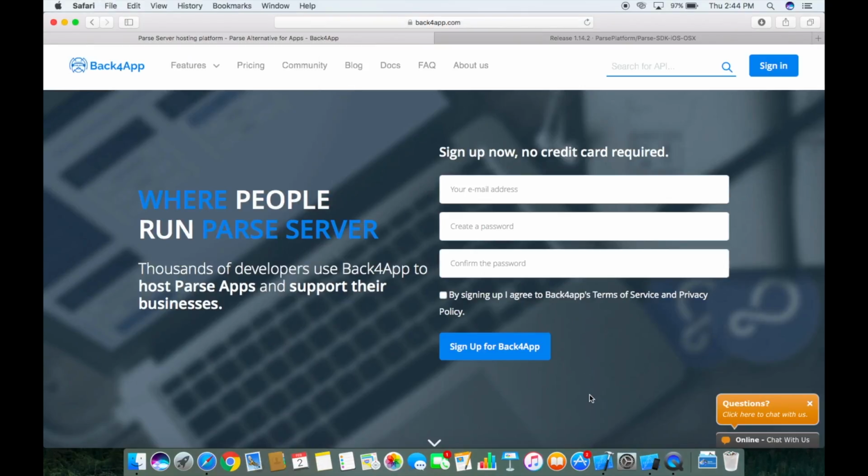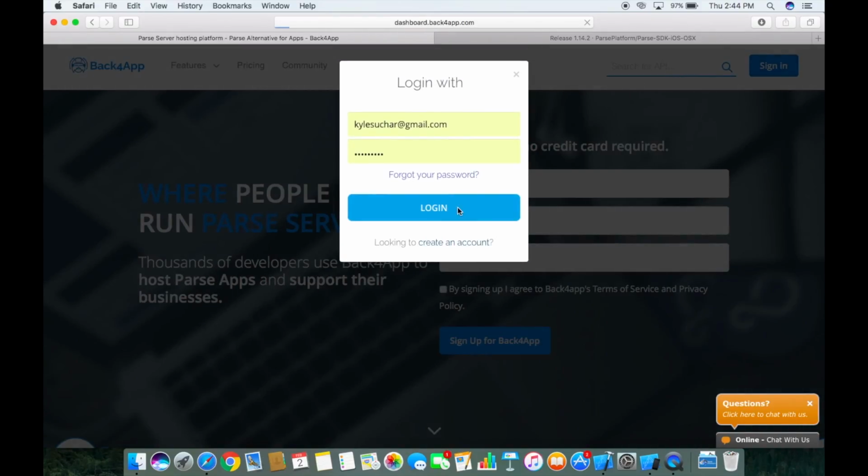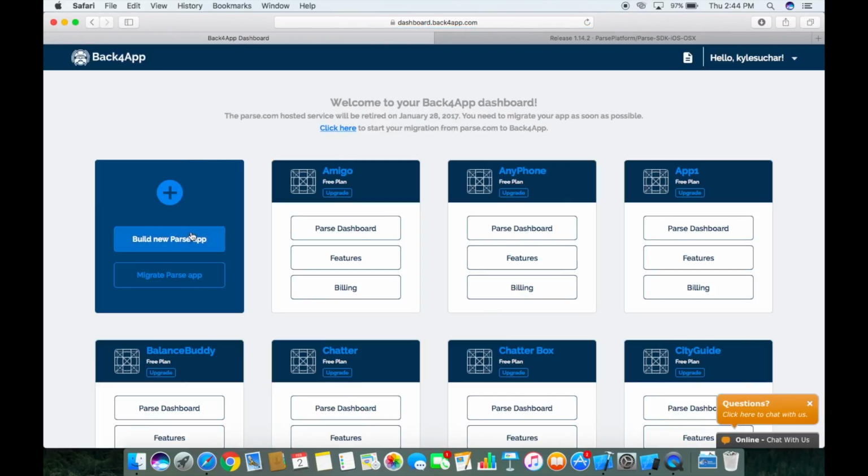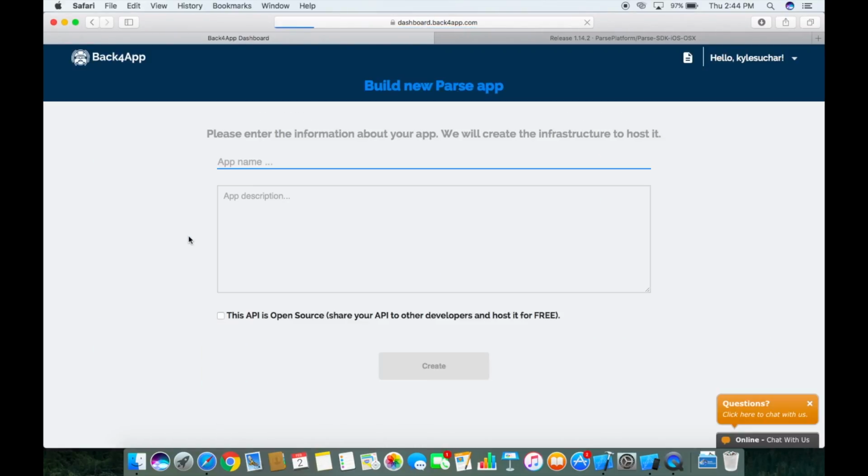So we're going to look at how we can start setting up this project right now. The first thing we're going to do is head to this URL, and it's back4app.com. If you don't have an account, you can sign up here, but I already have one, so I'll sign in. Once you're logged in, it's going to bring you to your dashboard. What you want to do is build a new Parse app, and we'll call this